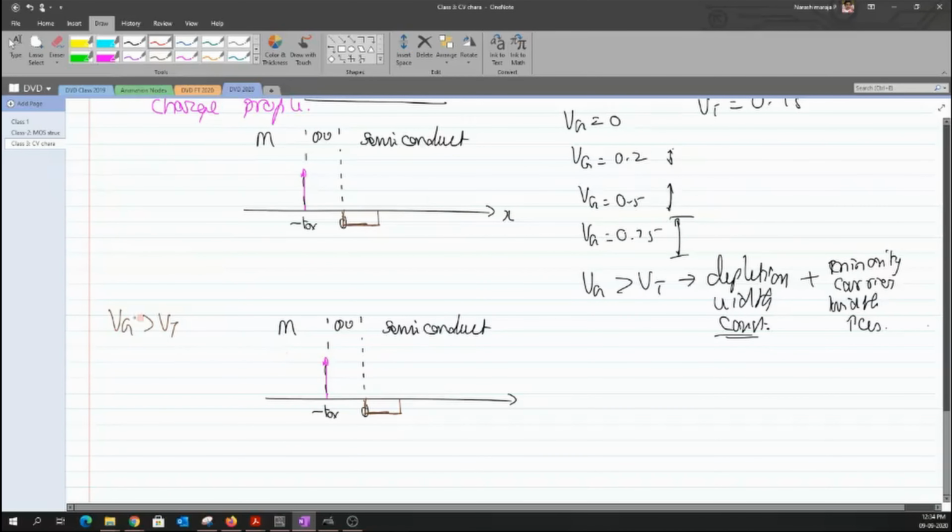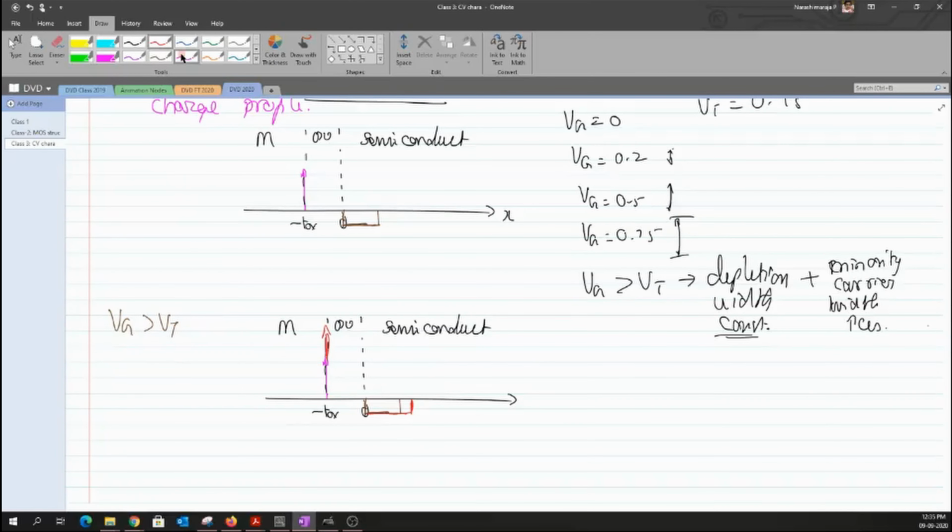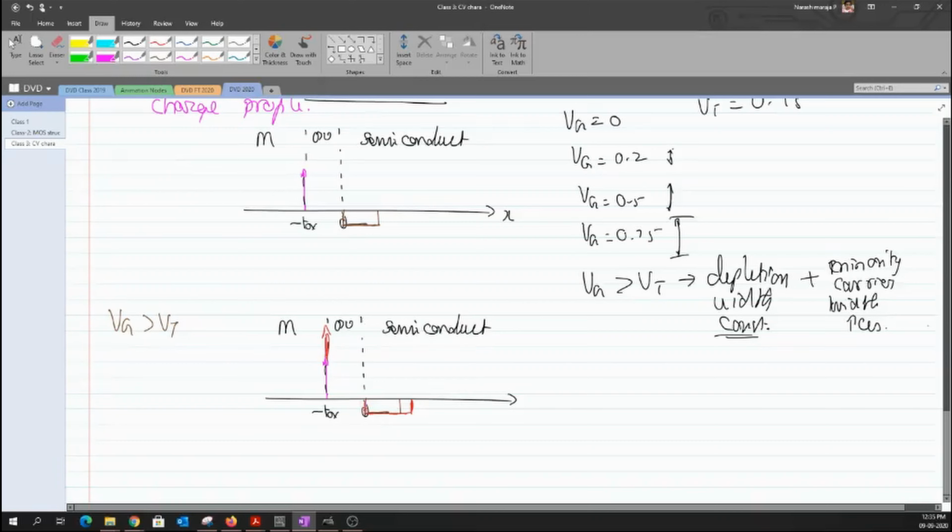Now that I have deposited more positive charges, the magnitude of these positive charges would be increased further, okay? And then obviously my depletion layer would have reached the maximum width. And I also would have attracted some negative charges which are free carriers. These negative carriers, which are free carriers, will be exactly on the interface, okay? The magnitude of this one and the magnitude of this one combined have to reflect the charges that I have on the positive side, okay?